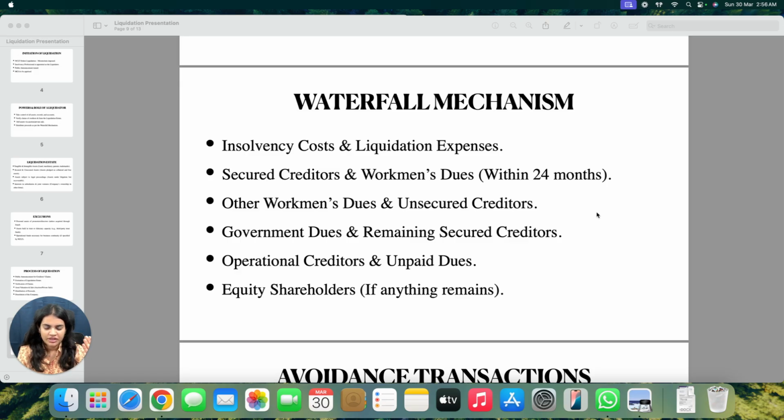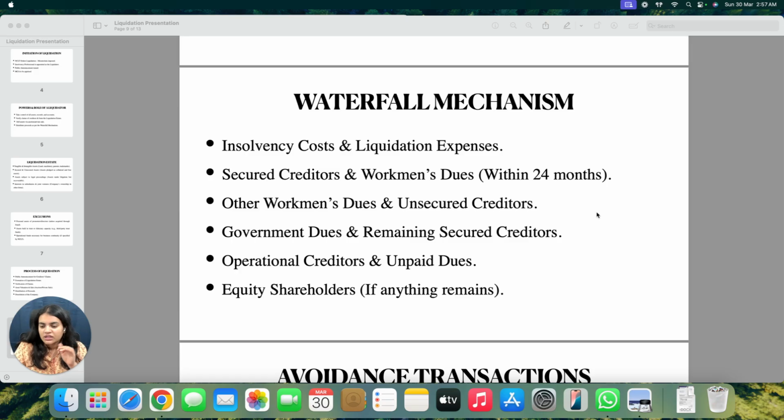They might have scope for recovery either in CIRP, or if the corporate debtor, even under liquidation, is being sold off as a going concern. If a company is being sold as a going concern, then the new management coming into the picture will ideally have to have a good functioning relationship with the operational creditors and the vendors. So the operational creditors are very important for the going concern. Hence, in those circumstances, will the operational creditors see any money?